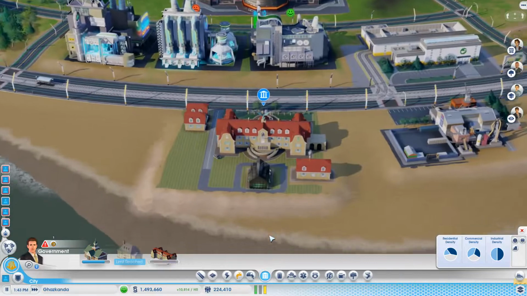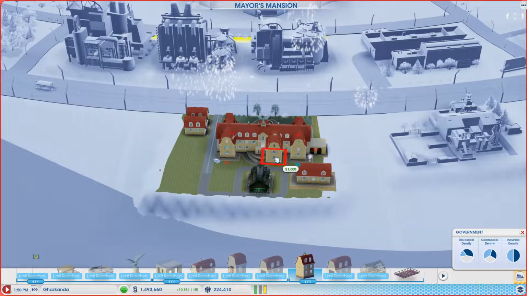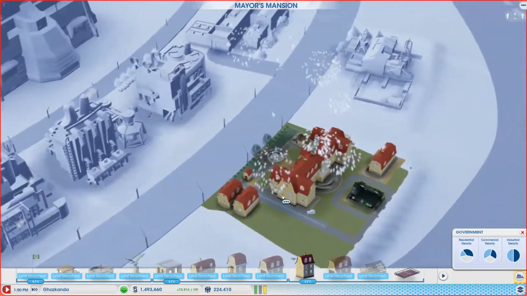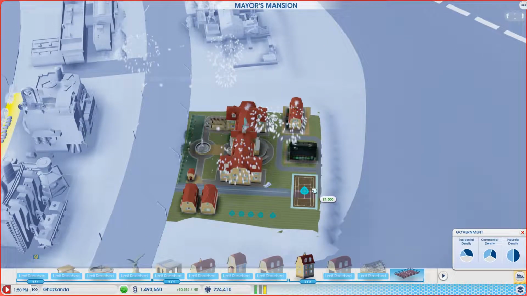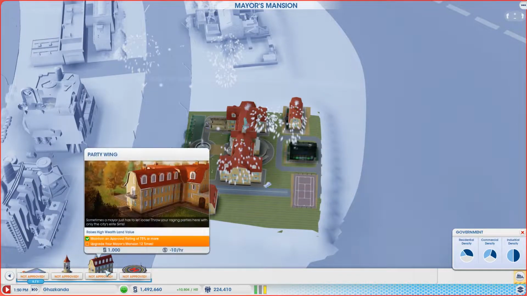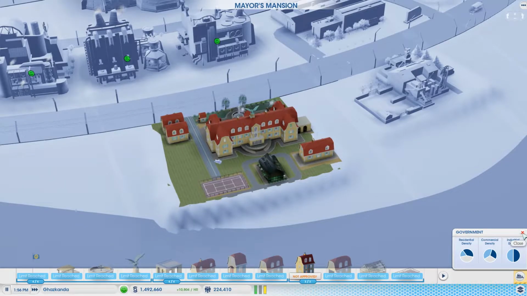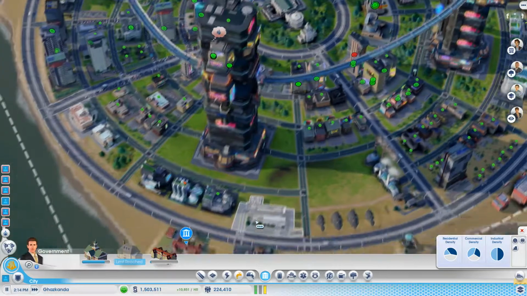Hold on. We can go a little bit more here. Can we add any... Nope. We're still stuck on where we can place the extension. That doesn't make any sense to me. Put that out here. Put a tennis court. Okay, fine. I don't know what to think anymore. So, if we do that, and then we...